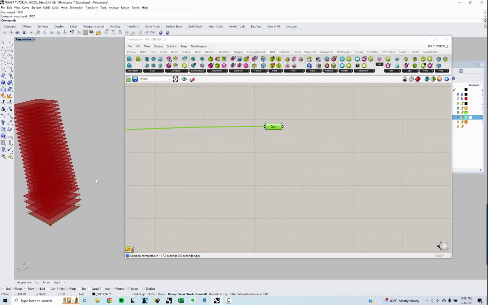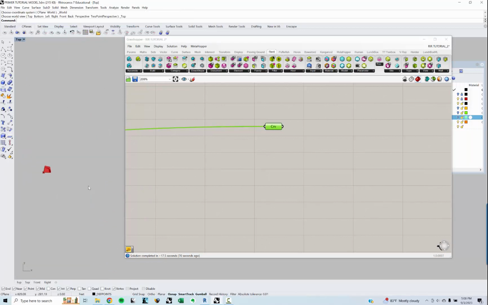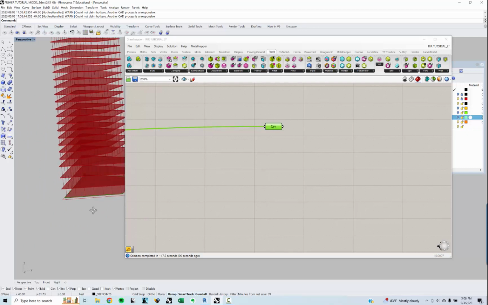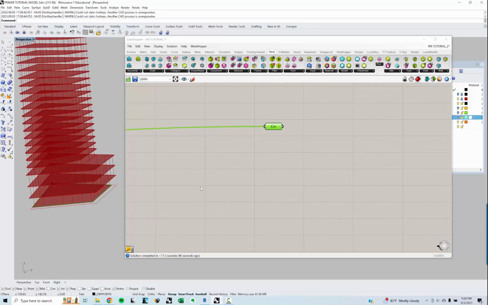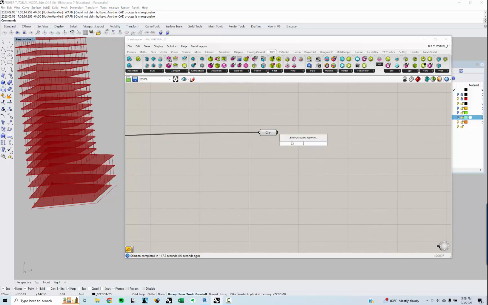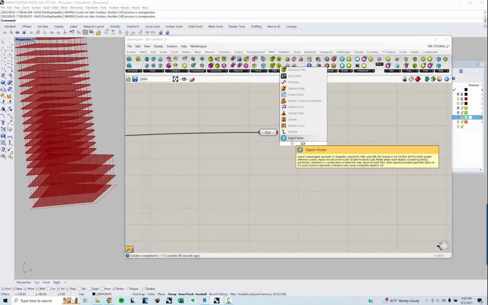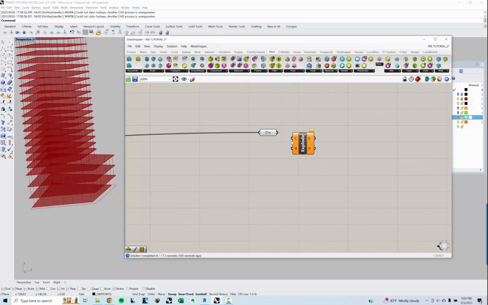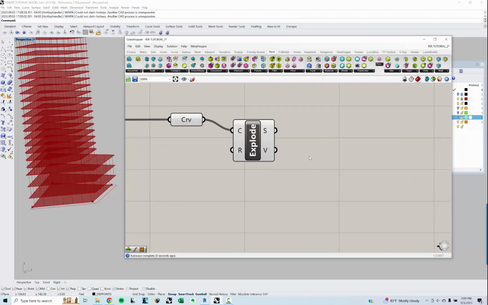If you remember, if I go to a top view, I've got the two back faces here and here, which are up against other buildings, and then the other faces here, which are visible from the street. So what I'm going to do is break these curves up and treat them differently as different types of walls. And so I'm going to explode this curve, and then I'm going to use a list item,